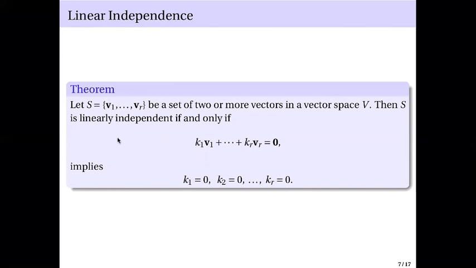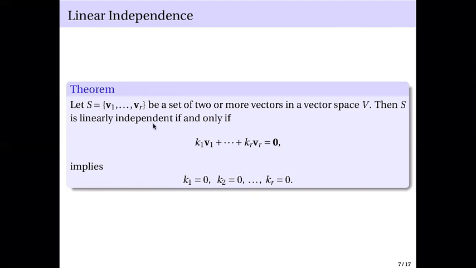So S is linearly independent if and only if k1 v1 plus k2 v2 plus kr vr equals 0 implies k1 equals 0, k2 equals 0, up to kr equals 0. So if you write this and equate it to 0, you will be forced to have these coefficients, or scalars, all be 0. So how does this work? By the way, since this is if and only if,